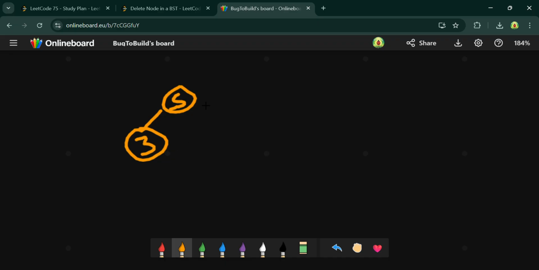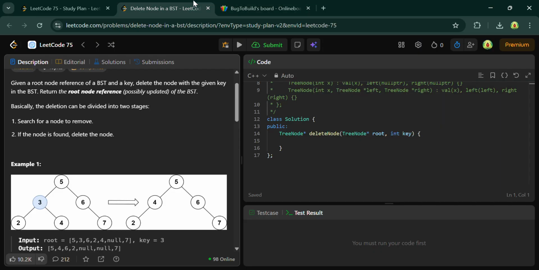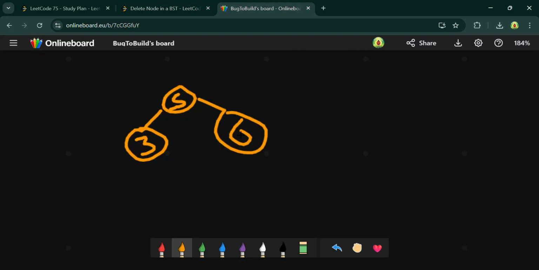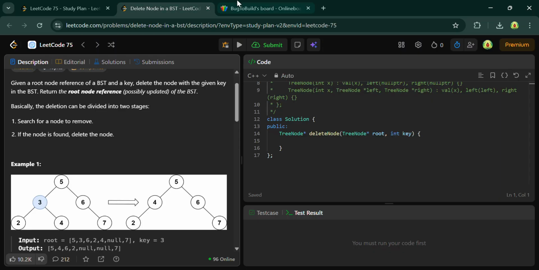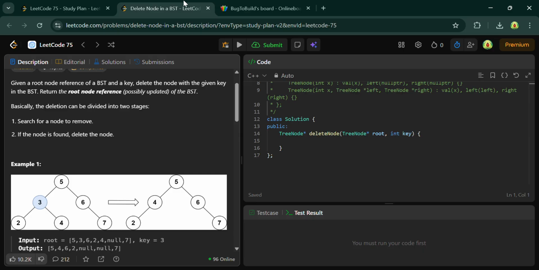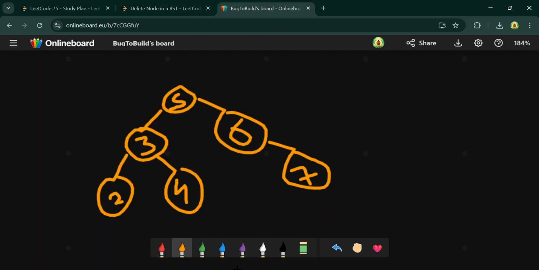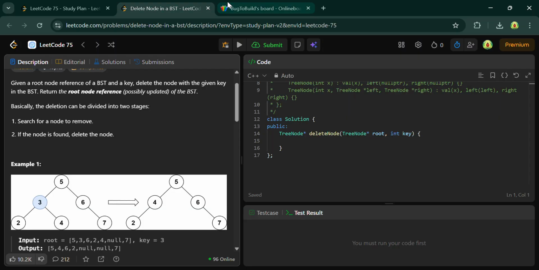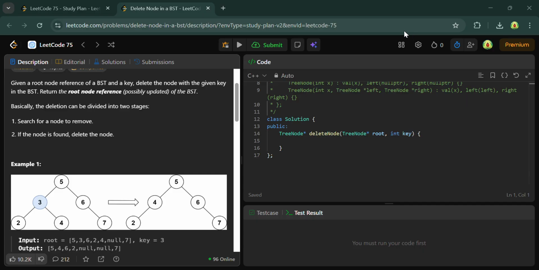So the given BST is 5, with children 3 and 6, and then 2, 4, and 7. You just have to delete the node 3, and after this you just have to return